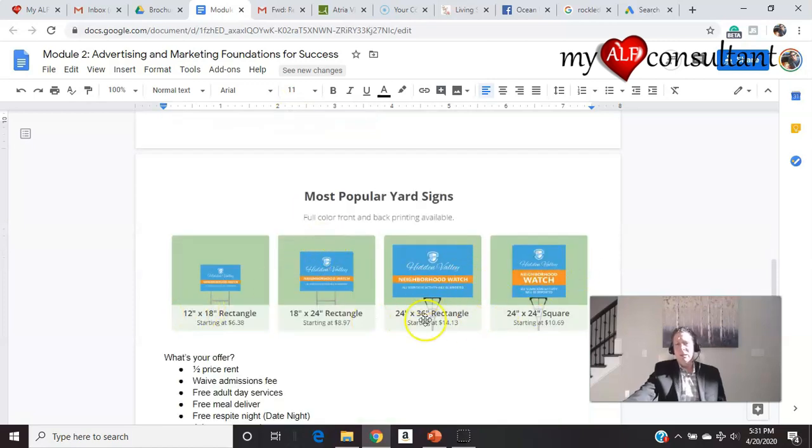So I would get, probably, this bigger one here, and it could just say open house, assisted living facility, 24-hour caregivers. Just fit a little bit on here. You can have one with arrows, so you can put it on a major street, just like real estate does for an open house. Drive traffic. People didn't know that you were down there. Now they do.